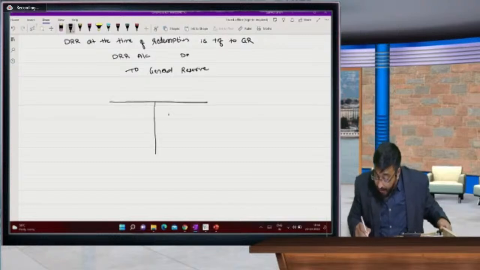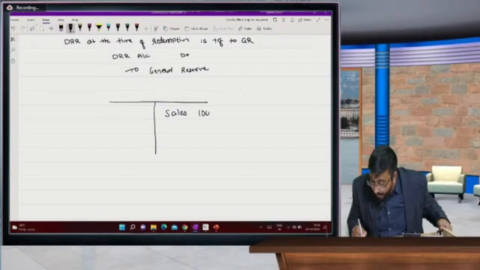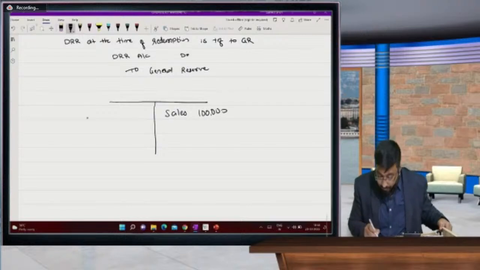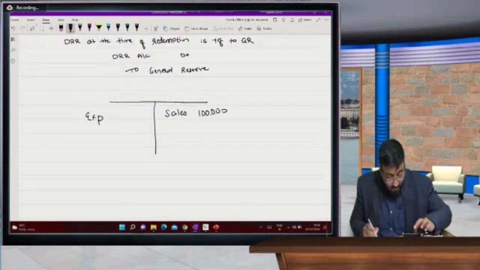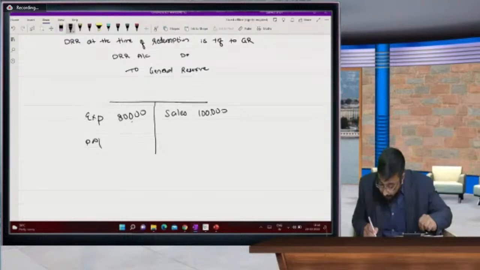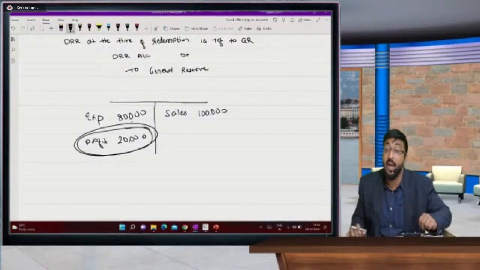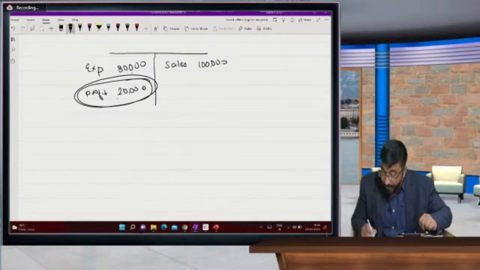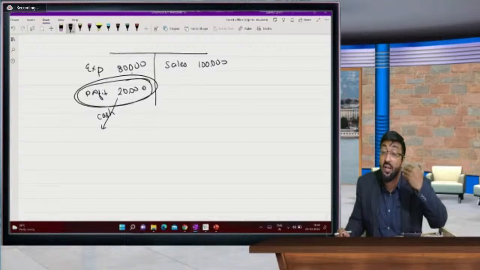I am earning 1 lakh rupees by selling goods, and my expenditure is 80,000. So my profit is 20,000. Now this profit, when I block my profits, it means I'm not setting any cash. ये इसका मीनिंग ये नहीं है कि मैं पूरा कैश बाजू में रख रहा हूं. जस्ट मैं मेरे प्रॉफिट को ब्लॉक कर रहा हूं, मतलब मैं ये डिविडेंड के लिए अवेलेबल नहीं होने दूंगा. बस ये उसकी कॉन्सेप्ट है.